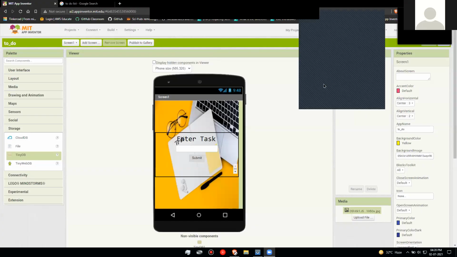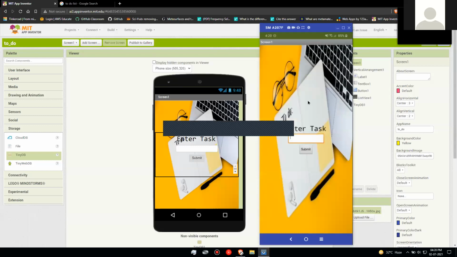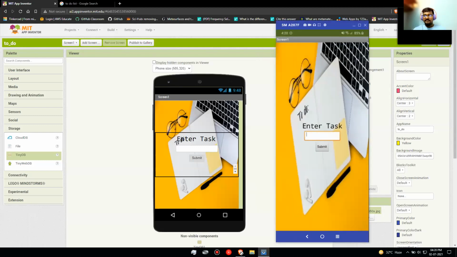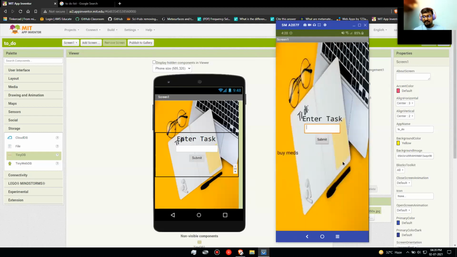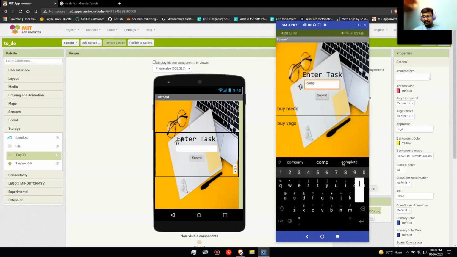नहीं दिख रहा है सदानंद जी. Oh, sorry. Can you see my phone screen, ma'am? Yes. So basically this is our app. Okay. So if we write in anything like biomeds and submit, so biomeds वहाँ पे नीचे आ जाएगा. Complete homework by 4:30 if I say, it will show that. So that if I complete my homework by 4:30, I can just click on it and it will disappear.